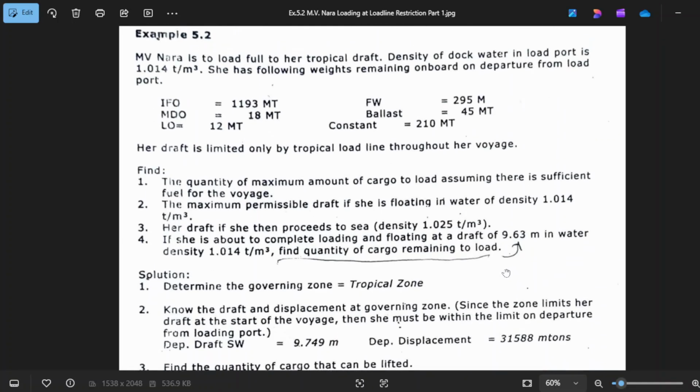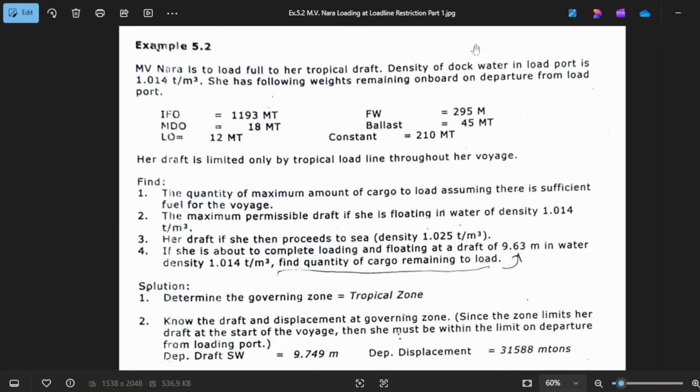So this is the situation, guys. The exercise is example 5.2, and the name of the vessel is Embinara. She is to load full to her tropical draft. The density of water in the load port is 1.014 tons per cubic meter, and she has the following weights remaining on board on departure from load port.